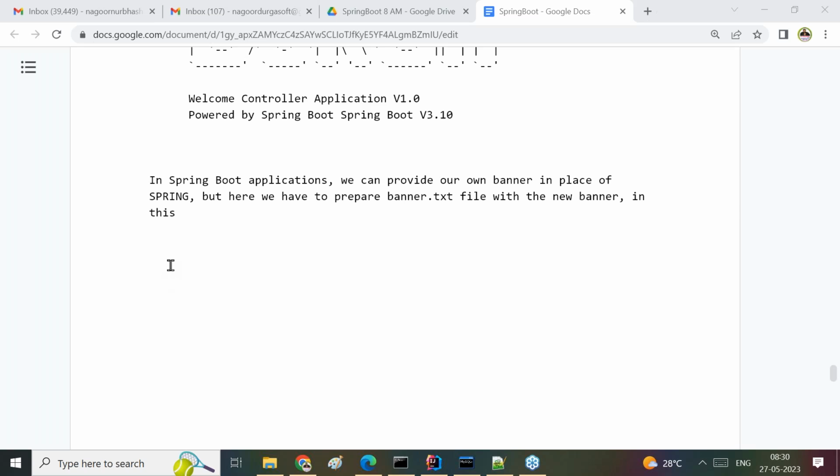Right, sir. Now, in Spring Boot applications, we can provide our own banner in place of Spring. But here we have to prepare a banner.txt file with the new banner under resources. But here my point is, in this context, the banner.txt file name is not fixed. We can use any name,